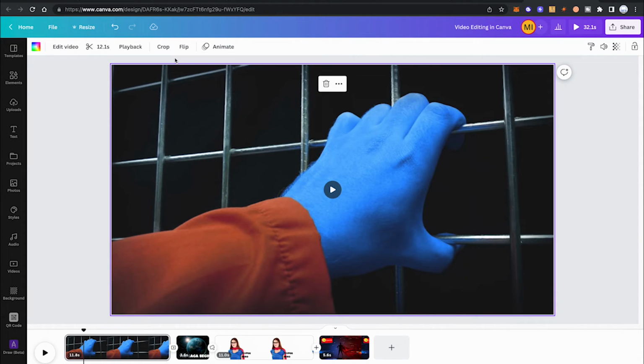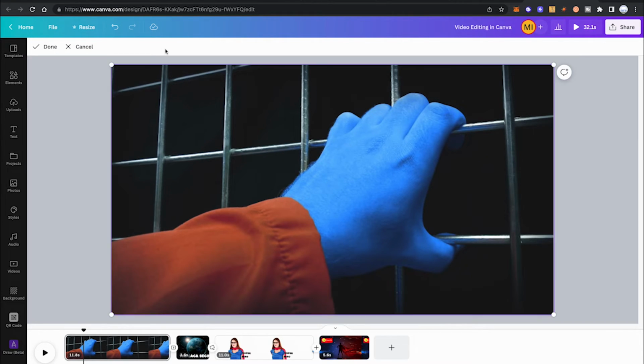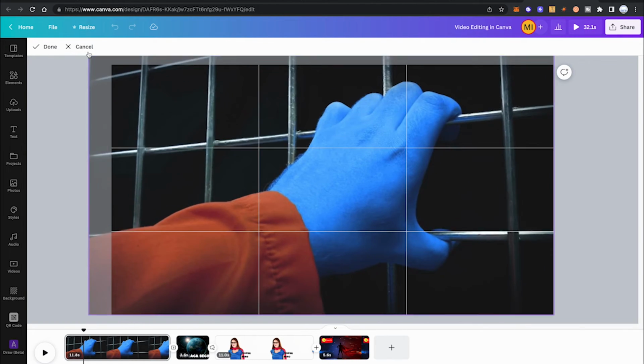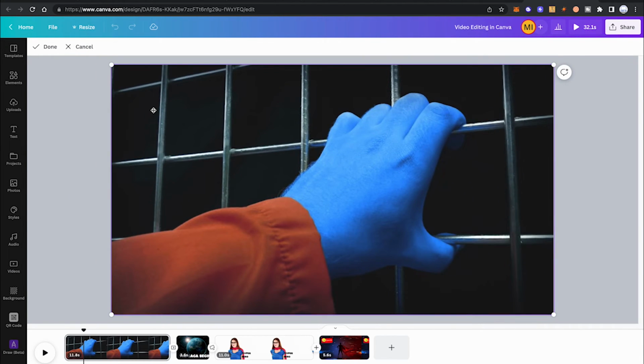Next in line is the crop function. So how to crop a Canva video. This one is actually a little bit funny, to be honest. So once we left click on crop, you will then see these circles in the corners, and you would then assume that you could easily make your video smaller, for example. However, this doesn't really work. So you will find out that you can only make the video bigger here, which is a little bit weird in my opinion. So however, there is a way for you to crop this at least a little bit better,